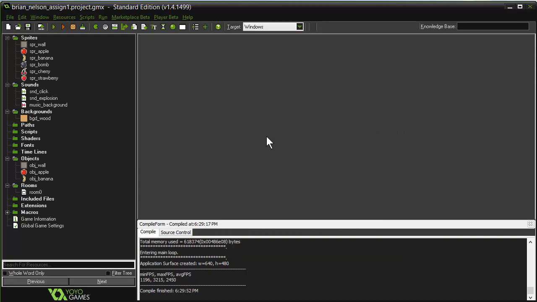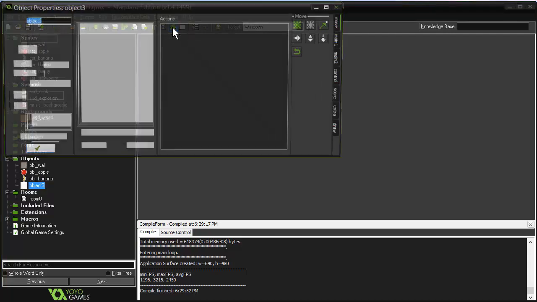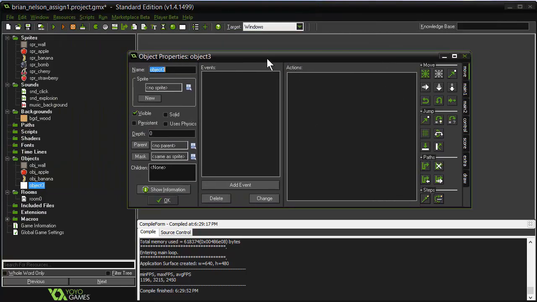I'd also like to have some sound that's playing in the background, and we brought in this background music. So let's go ahead and make that work before I create the rest of my fruit objects. To do that, I'm going to create another object. And this is going to be slightly different than the ones we've used so far, in that it's not going to have a sprite associated with it. It's just going to be used to sort of manage the game. So I'm going to call it